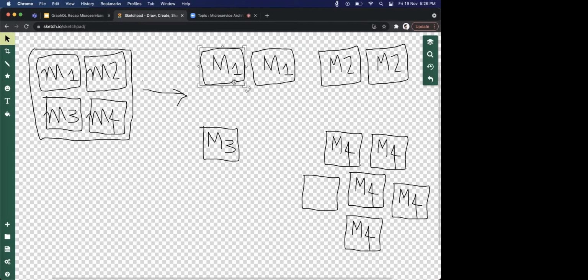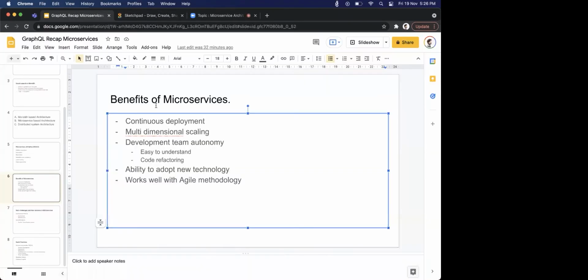And multi-dimensional scaling is what we just discussed. Multi-dimensional matlab, देखो like this, all of these belong to the same system, but different modules are having different capacities here. So that is multi-dimensional, each microservice is deployed at a different dimension. इसका 6 है, इसका 2 है, इसका 2 है, इसका 1 है. And the other thing is